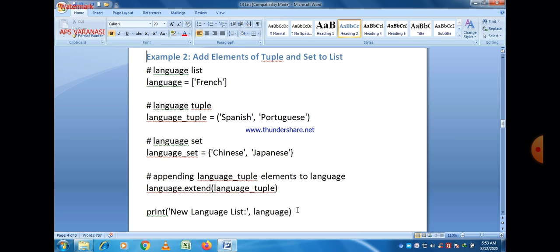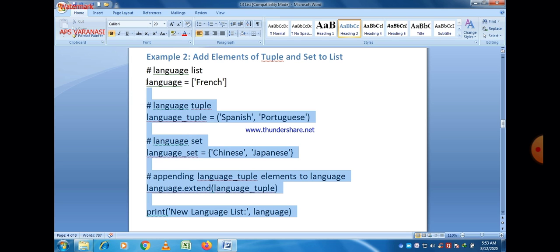So language1 contains only one data item, French, here as a list, and then there is declaration of a tuple, language_tuple, containing two different data items, Spanish and Portuguese, and the sign of the tuple is a parenthesis, and there is a set, a variable named language_set, and there are two elements, Chinese and Japanese.